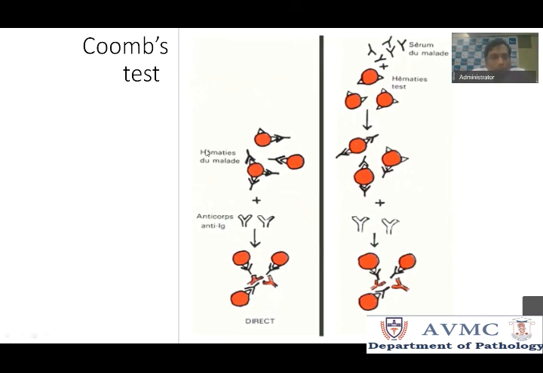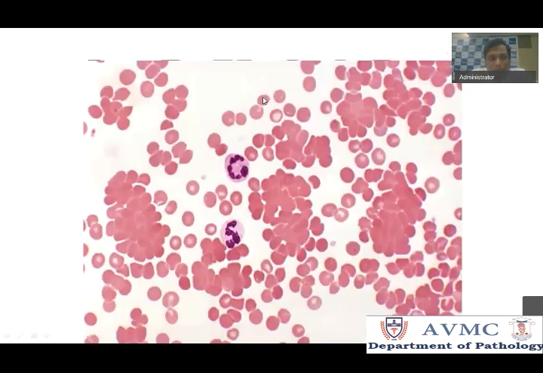And the test you do to confirm is the Coombs test. What happens in autoimmune hemolytic anemia is that you have an RBC with an antigen. You also have an antibody against that antigen, and this antibody will stick to that antigen, and in turn bind other RBCs, and that is how a clump of RBCs is formed. We saw this clumping, right? This is all because of antibody coating the RBCs, which in turn attach each RBC and form RBC clumping or RBC agglutination.